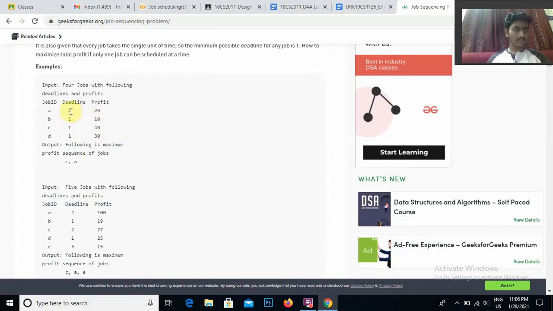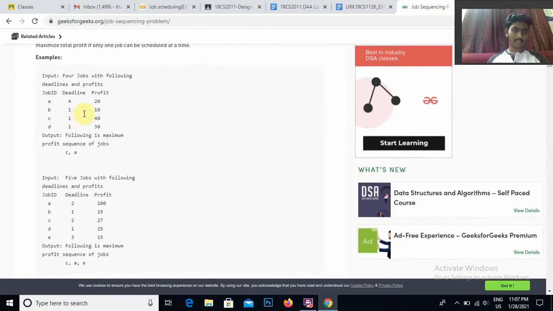20 is having a deadline of 4. In my case the fourth slot is empty, no job is assigned in the fourth slot, so take this. Now 40 and 20 are selected, which is C and A. The last one is 10, again having a deadline of 1. Already I have assigned C to the first slot, so now I can't assign B to this first slot, so don't take this also. We will take 20 and 40, which is C and A, and the profit will be 40 plus 20, which is 60. That is the maximum profit you will get in this problem.